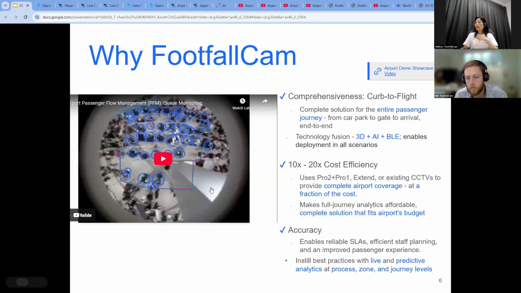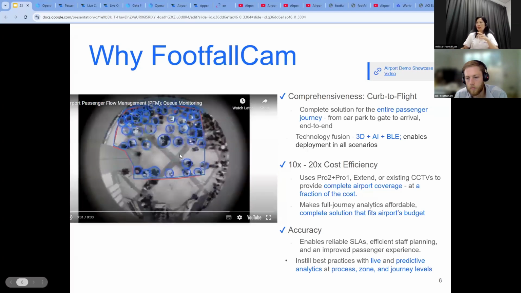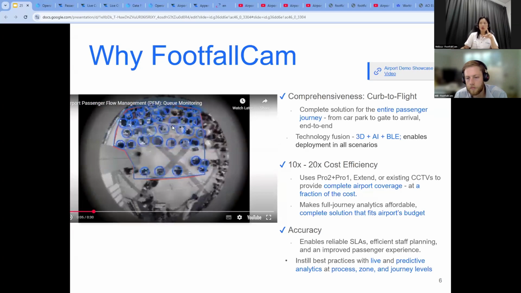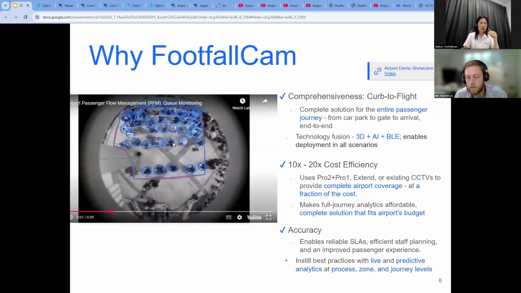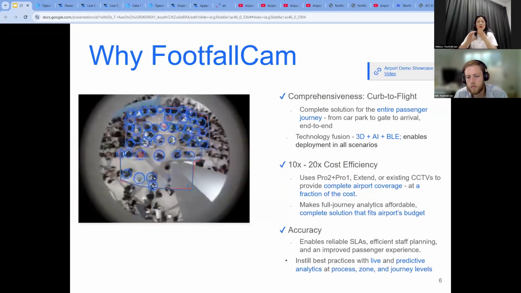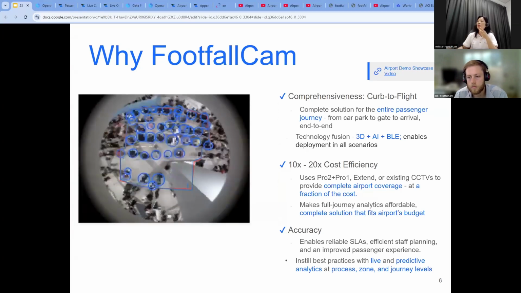So, you can have a look at this. That's how we are measuring everyone who is now in the queue. We're tracking them. Now, let me break it down into the three key reasons why FootfallCam. We have comprehensive